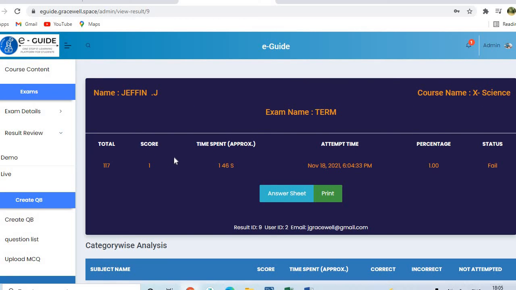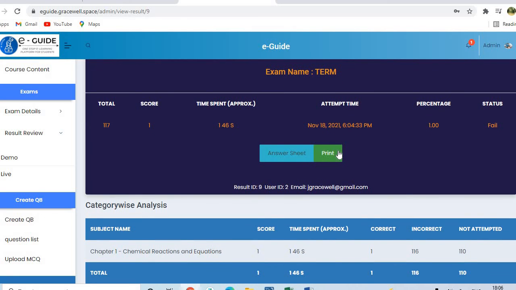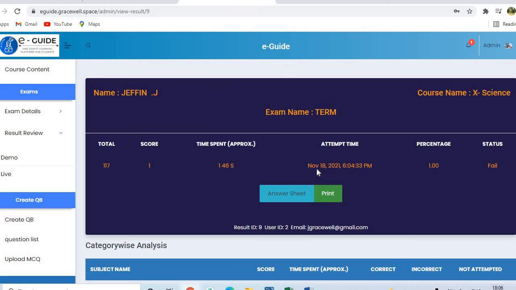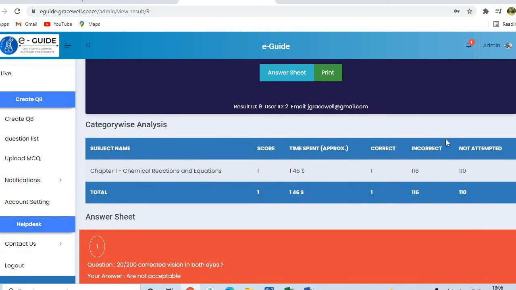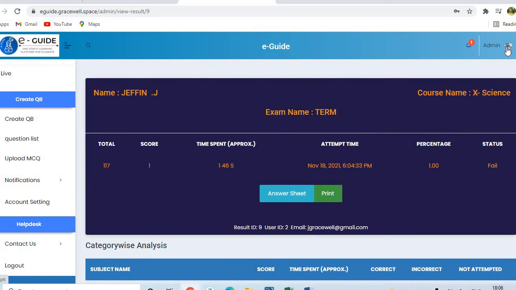Not only that, if I want to print the results and give them to my, as I said, my record file, yes, I'll be able to do that also. If you go to print, I'll be able to print also. So these are the major features which I want to highlight, but there are much more features which are coming in the near future, and we'll be uploading more explanatory videos in detail about how to create a question and how to create a subject, how to add students, in further videos.